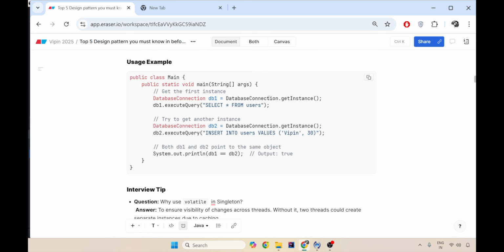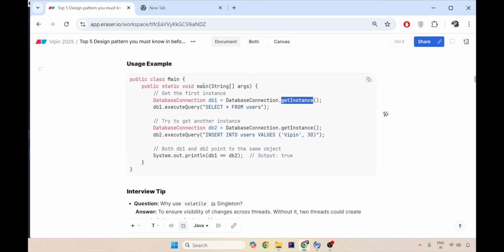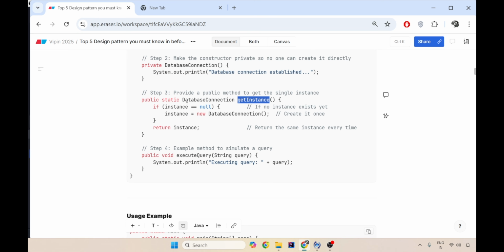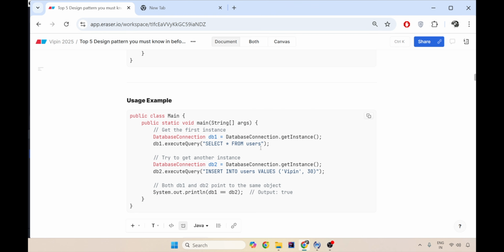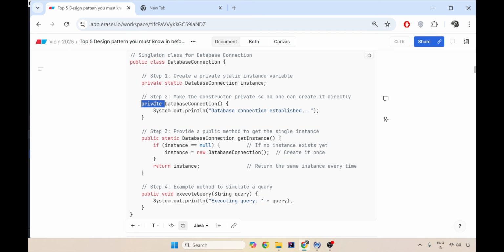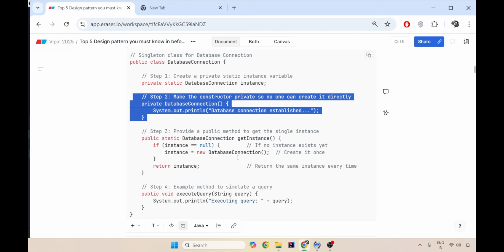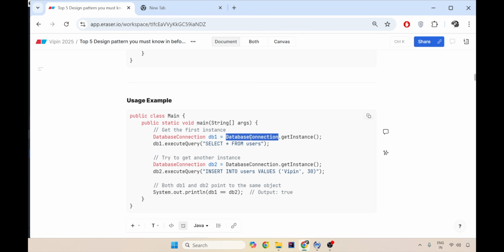And how would you use it? Just give a call to the getInstance method, because it is a static method. You just have to call it through the class name, so no object creation. You have a private constructor which prevents any object creation. Then just from the class name, use a static method call for getInstance and get the instance. This is going to be a singleton instance. You are not going to open another connection with this; just execute the query.